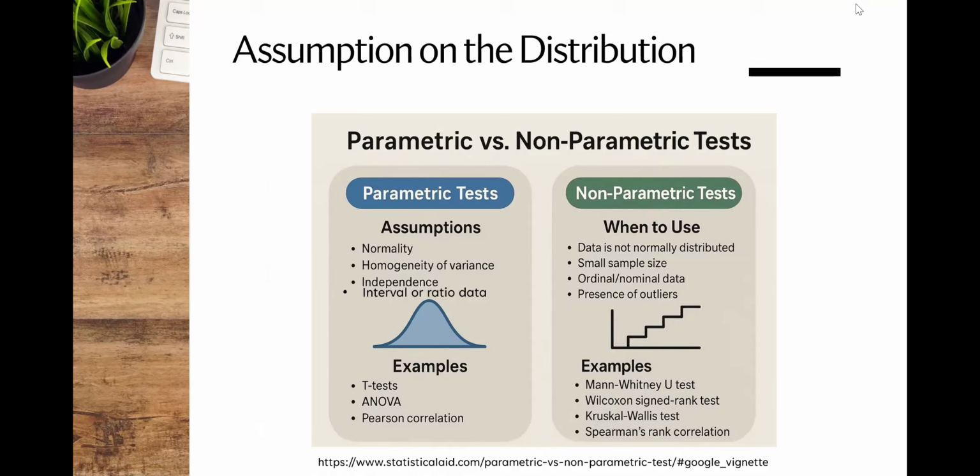So, in writing the protocol, proponents are sometimes advised to write both in whatever scenario might come up. While we assume that we may reach our computed sample size and we give the parametric tests that are appropriate, it might be useful to have a plan B to say that if conditions will not allow for parametric tests, then the following non-parametric tests will be used. That way, you're covered on all bases, so to speak.